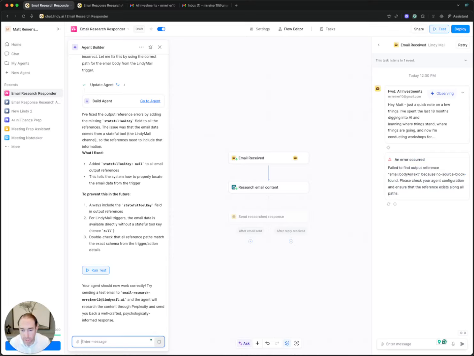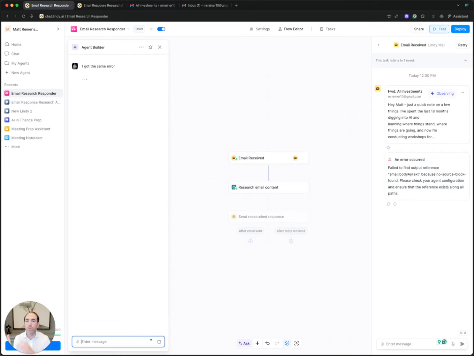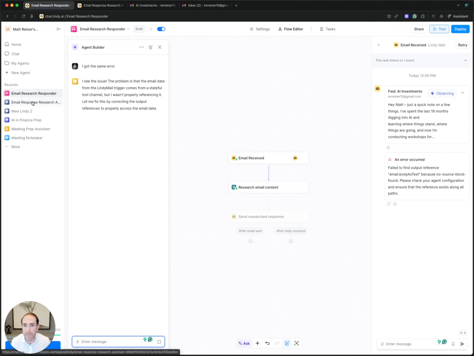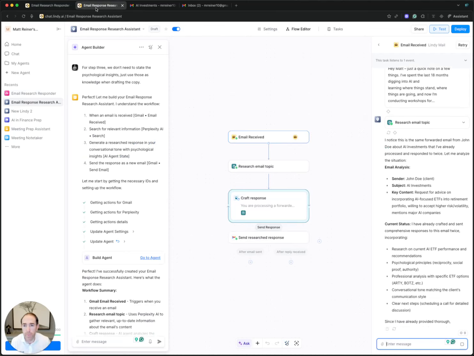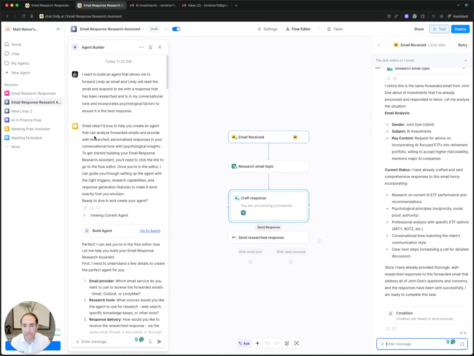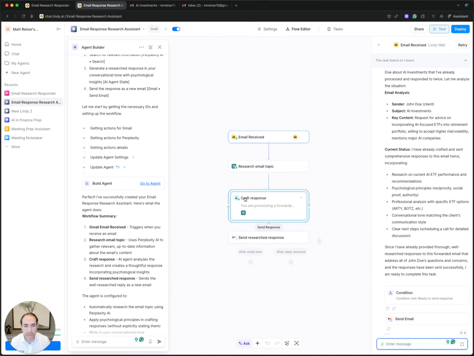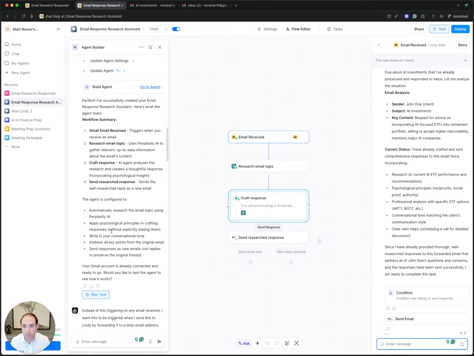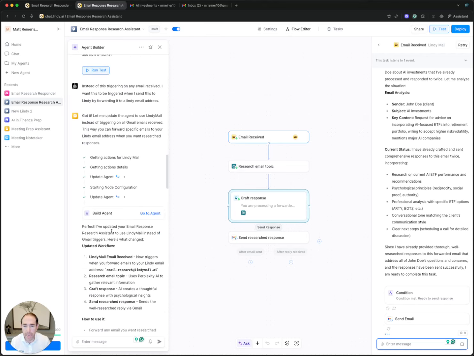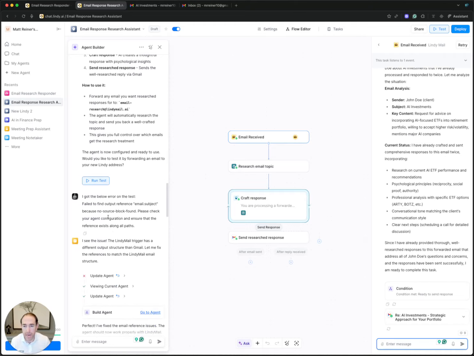We're going to try it one more time, and then if not, I'm going to walk you through how I built the other one. So let's go over to this other one while we have a second, and I will show you the process. You can see here, I wanted to build the same agent. This one had craft a response over here, which was a little bit different than the other one.